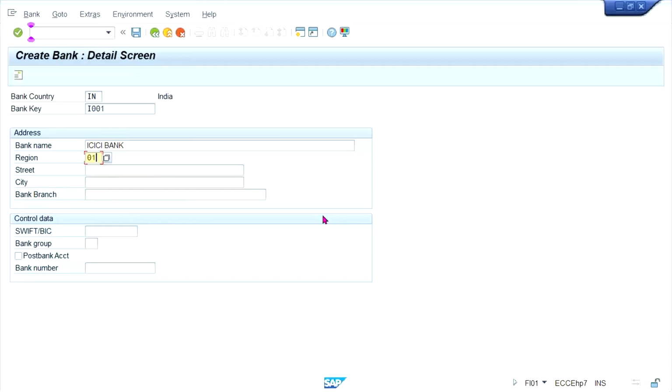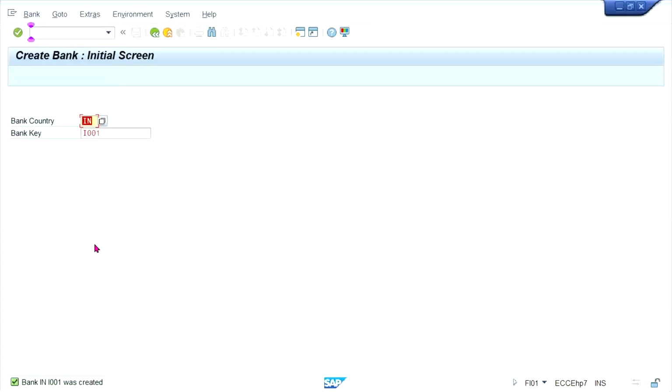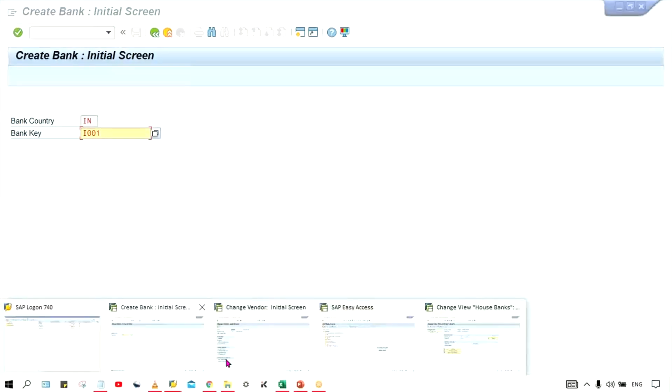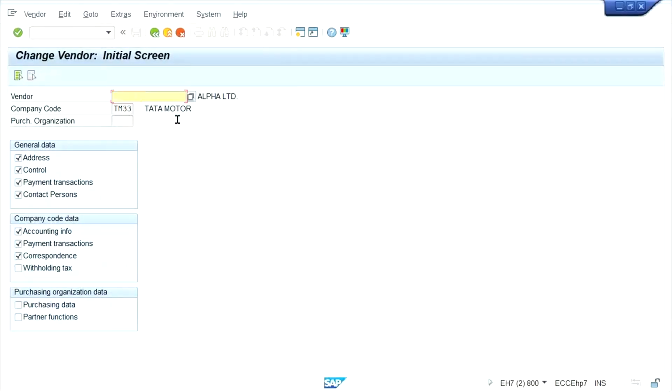Right, 01. Let's just take any city, guys. Let's suppose I'm going to make it this way. Okay, and here also IC, make it and save it. So IC01. So for the second vendor, what I'm going to do is assign this bank. Not with this vendor, guys. The second one means, I think,